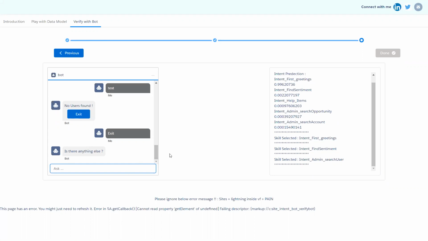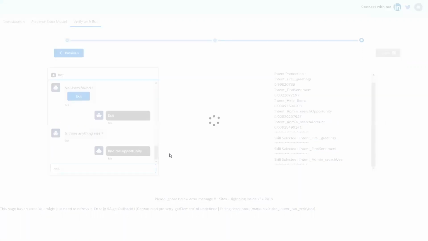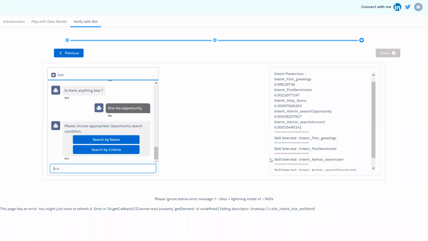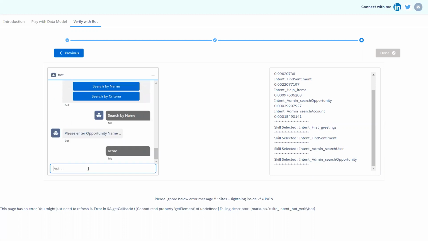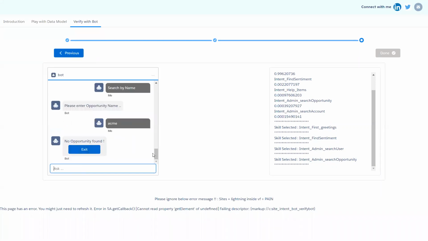Yeah. So now moving to the next part, which is search opportunity. So find me opportunity. Okay, so again, the intent is search opportunity, and search by name or search by criteria. I select search by name. Let me search Acme. I think it should be there because this is a site.com user, right? So they do not have sharing access on opportunity. I think I've not given it. So yeah, they are not able to see anything. But